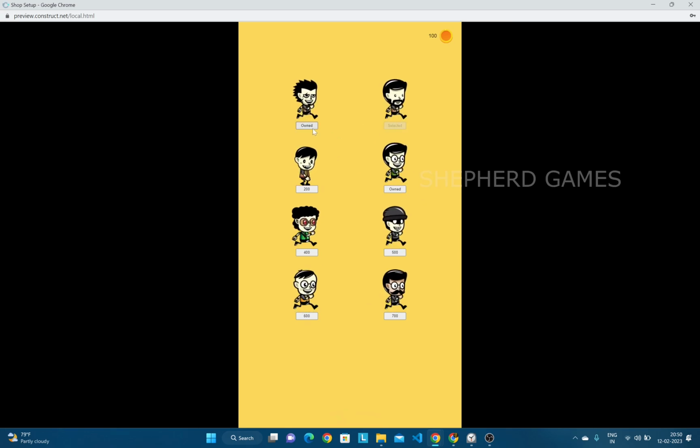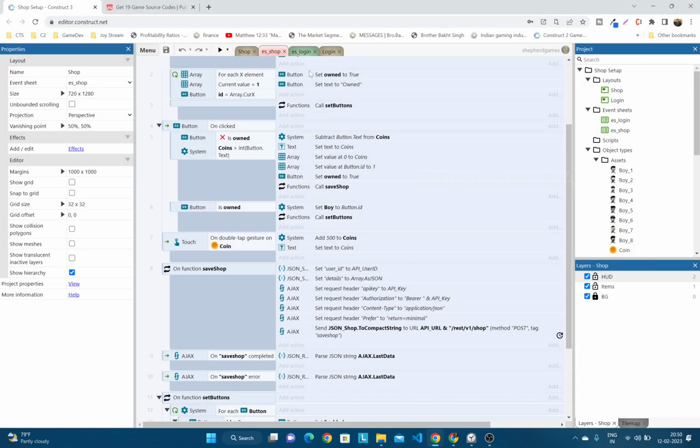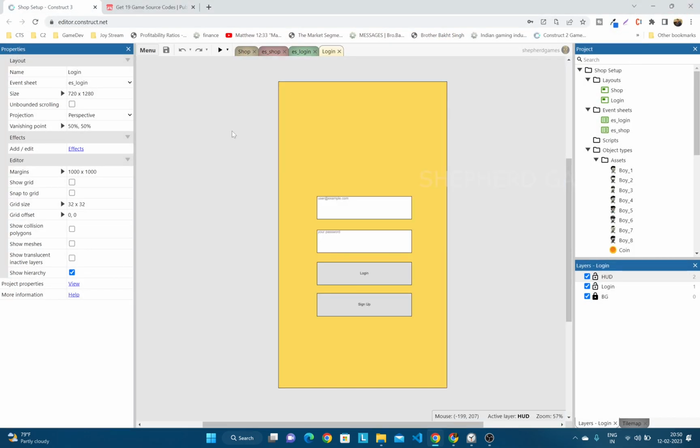Okay, I can also select them back. All right, so it's a simple shop screen. You can customize it as per your requirement. So I'm going to demonstrate how to set up user authentication and create a shop screen with an online database. That's all. Once you watch it, if you have any questions, you can reach out to me